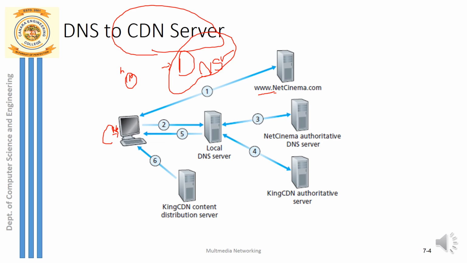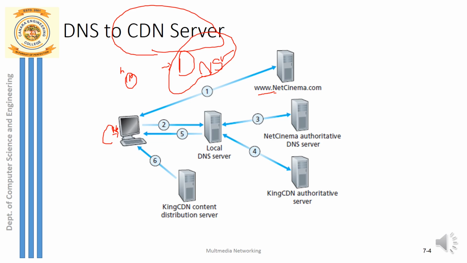Okay. So actually, is he getting the web page directly from this remote server? Or do we first have to get this particular IP address? Yes, that is the first step. All that the client knows is just the host name of netcinema.com. So in order to obtain the web page, he simply types the URL netcinema.com, and now he is expecting the IP address of the netcinema.com server.